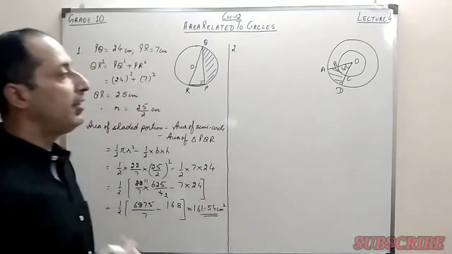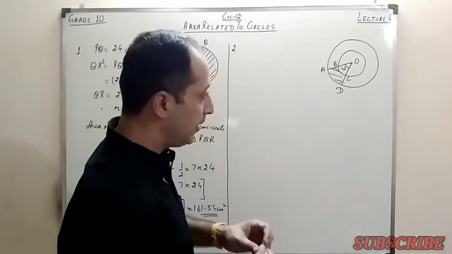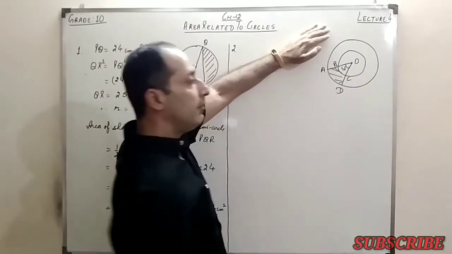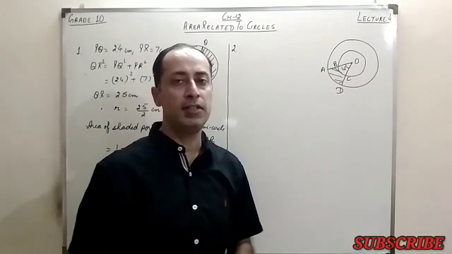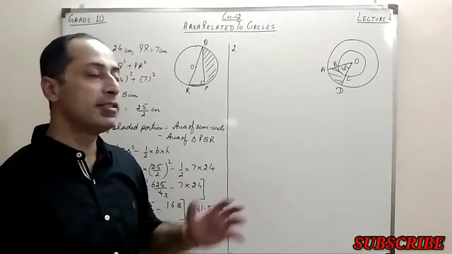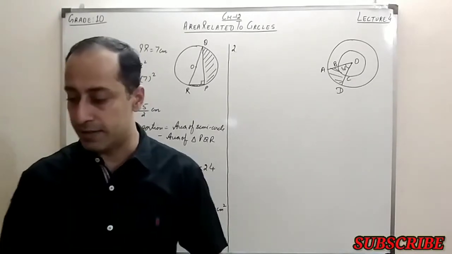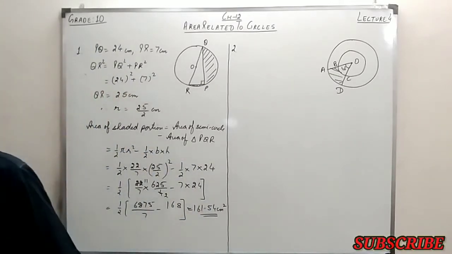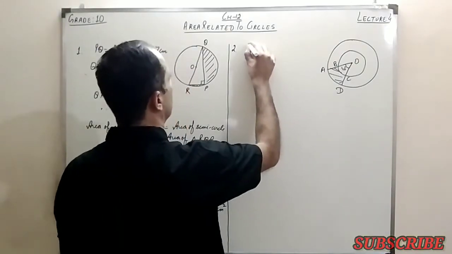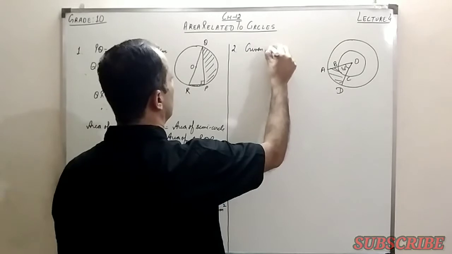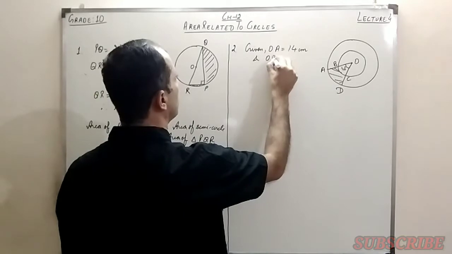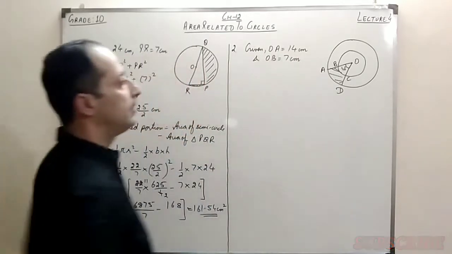So if we have to find the area of the shaded portion, again if you see carefully, what we require basically is from this complete sector, that is OAD, we have to separate the area of the smaller sector, that is OBC, right? And to find the area of a sector, what is required? Angle obviously is given to us, but next thing is radius. Let's see, radius is given. So radius given here is 7 and 14. So I have OA equal to 14 centimeter and OB is given to me as 7 centimeter, right?